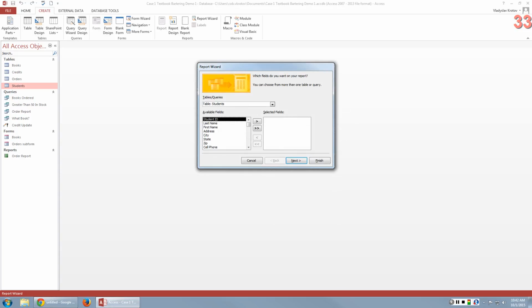Now, I pressed on student so that by default it recognizes that I want to start with student, but you don't have to do it. You can just say, go to report wizard and start doing that. So basically, when you start report wizard, you're saying, first of all, I want to have data from table students. And just like in that report, you want to have student ID,